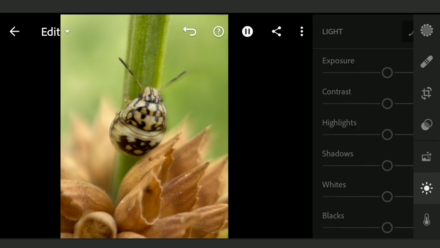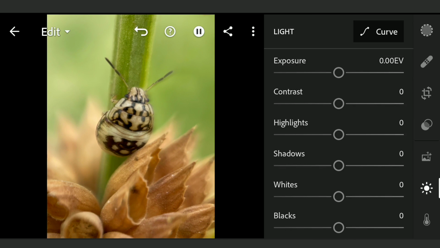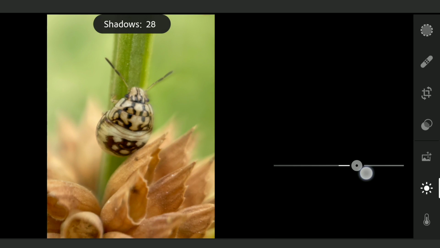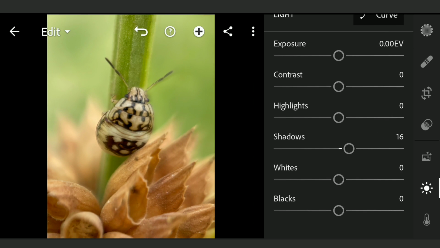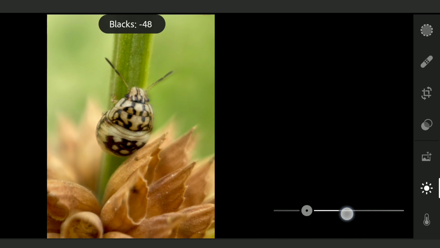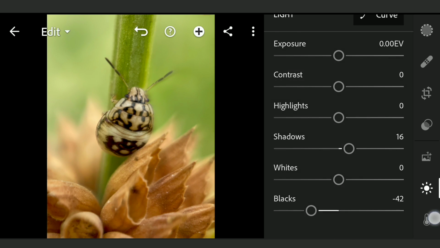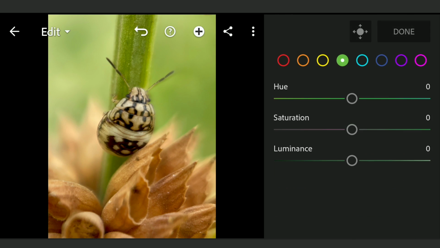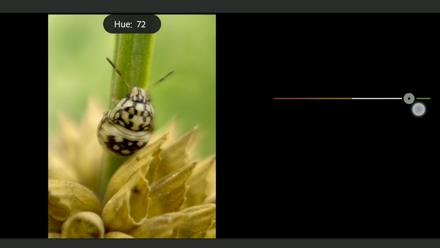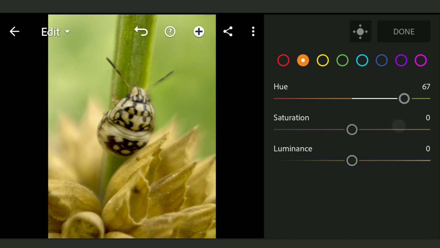Now I'm going to keep only the parts other than the bug into consideration, increasing the shadows, darkening the blacks more, in the color menu mix, moving the orange hues towards yellow, reducing the saturation,